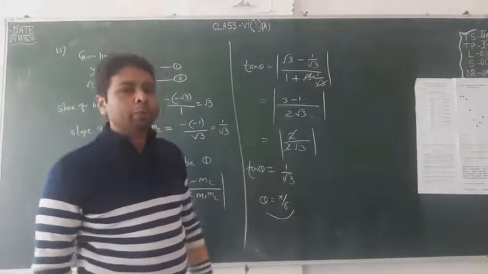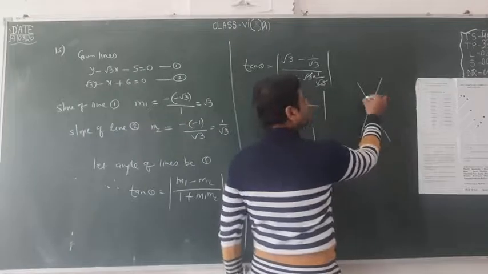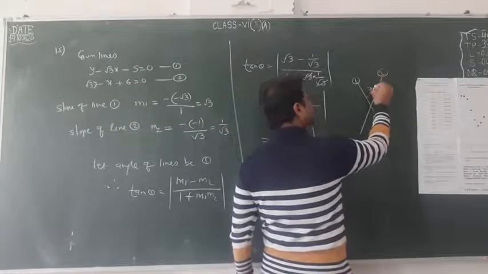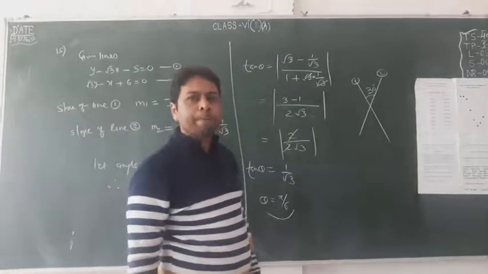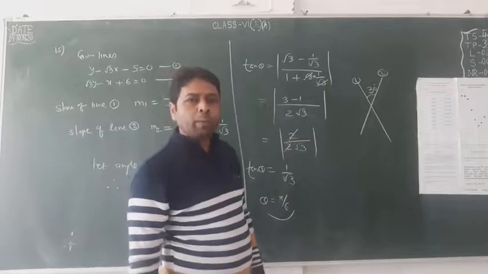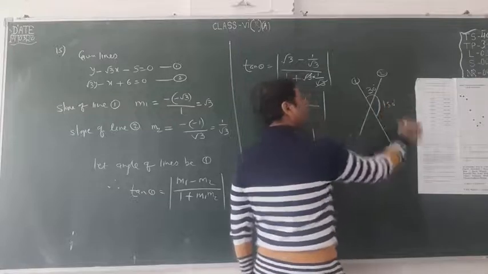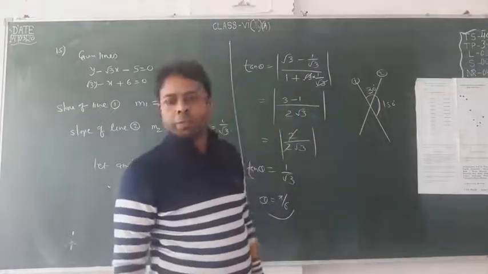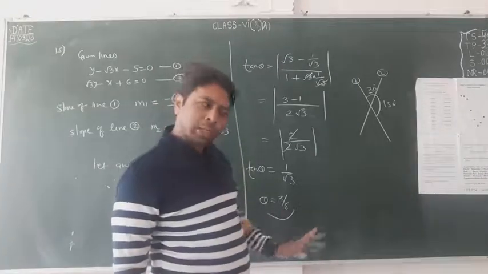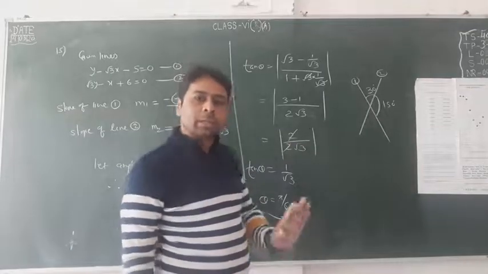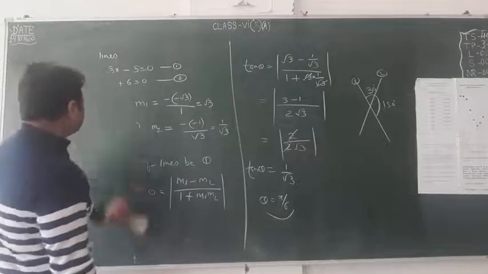I want to explain one thing to you, that this is an angle between two lines. If you make the lines, this is the angle between the first line and the second line. So this is 30 degrees. If you are asked what the obtuse angle is, one can easily find that this angle will be the obtuse angle. You know it's the supplementary angle, so it's going to be 150 degrees. One can easily predict and get the answer. If you give only one answer, it is exactly satisfied and correct. So I don't think you face any trouble in this question. So easy question it was.